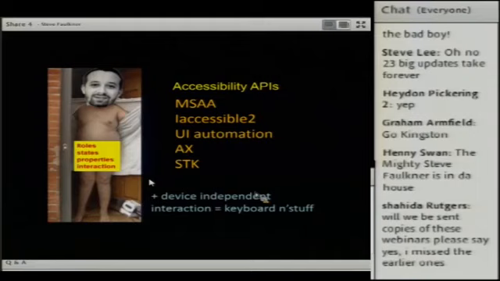AX is the short name for the Mac OS X API, and ATK is the one for the Unix Linux accessibility API. So these things all expose roles, states, properties, and interaction stuff. They also expose lots of other things, but these are the main things that we look at and are interested in when we're testing.